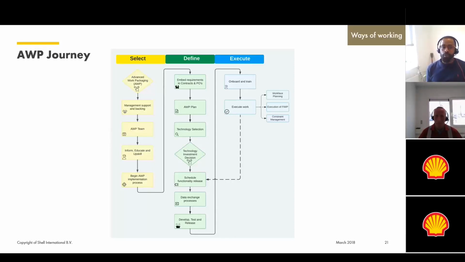During Define, we also began looking at different technologies which could be used for the management of our AWP process. We created a list of key requirements and assessed all the potential applications against those requirements. We looked internally within Shell and Worley, but we also looked externally at other applications that have been used within the industry.